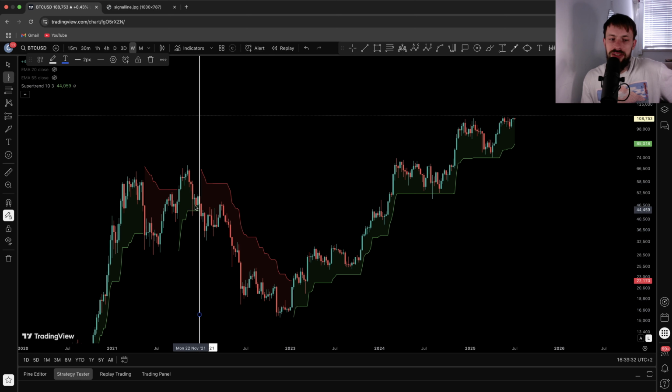You've got a green and a red. Whenever the price is below the red indicator, this is a downtrend. Whenever the price is above the green indicator, this indicates an uptrend, okay? So you can see that we actually flipped from a bullish trend into a bearish trend on the 27th